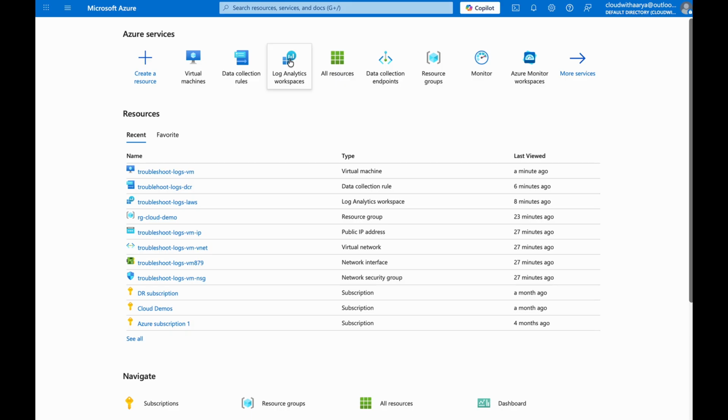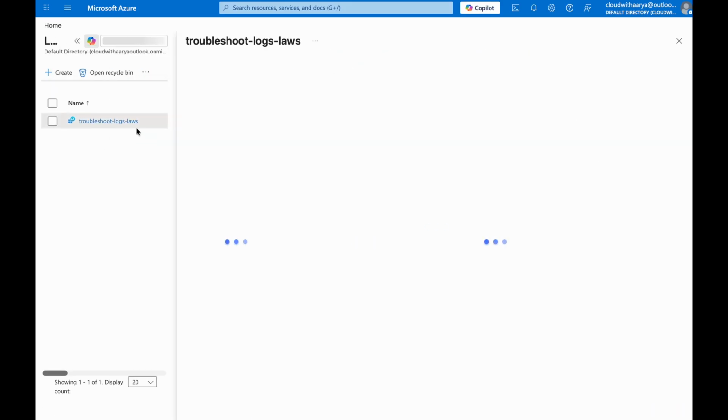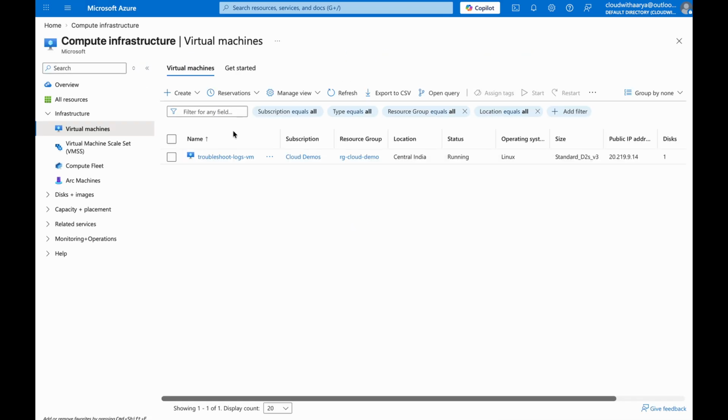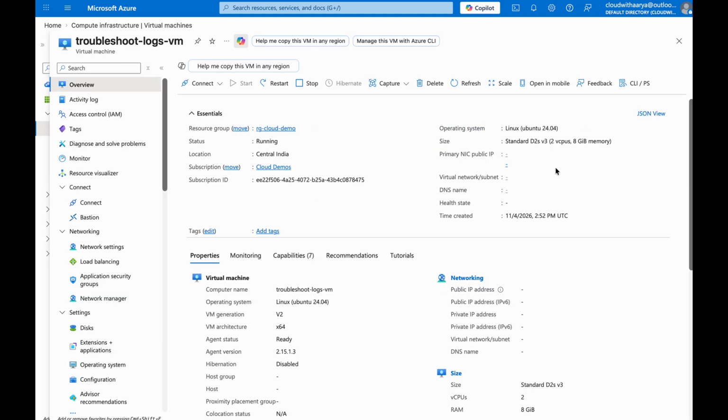And in the log analytics workspace, we need to just make sure that our region is same as our data collection rule. That is Central India and it should match with DCR. And if these three are properly configured, we are going to definitely see the logs. Now we are going to log into the virtual machine and manually generate a log entry to see in the workspace. So we'll copy the public IP,